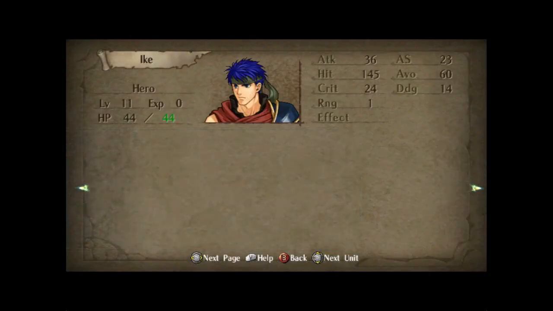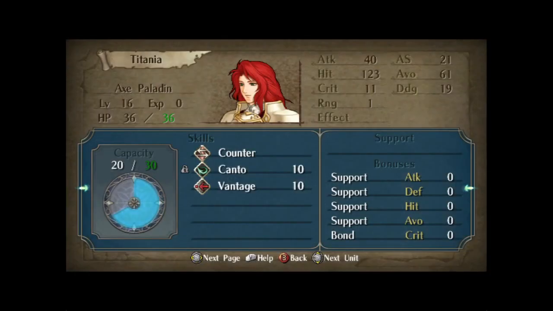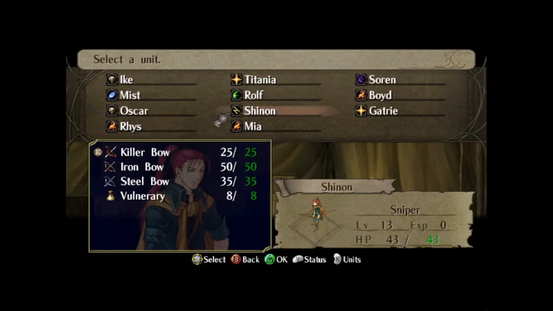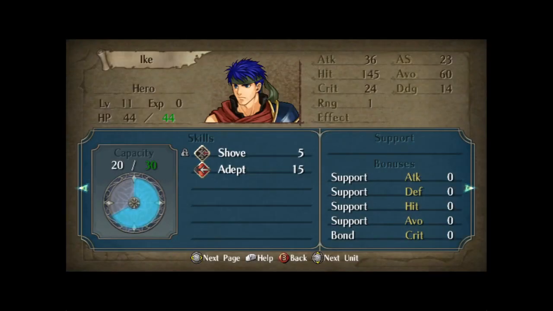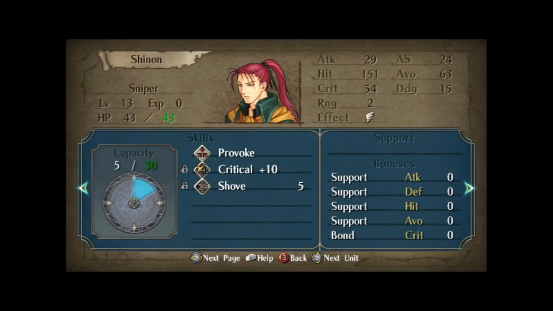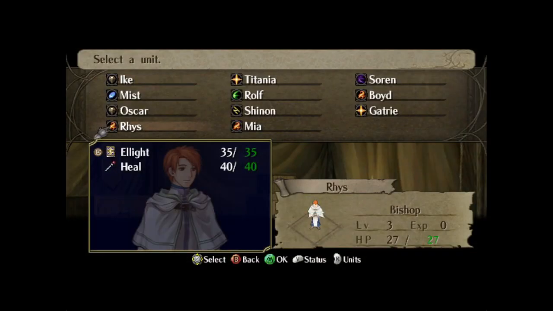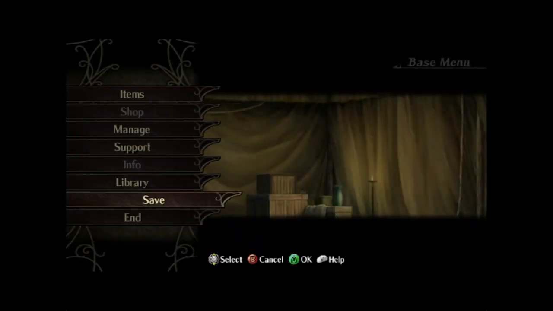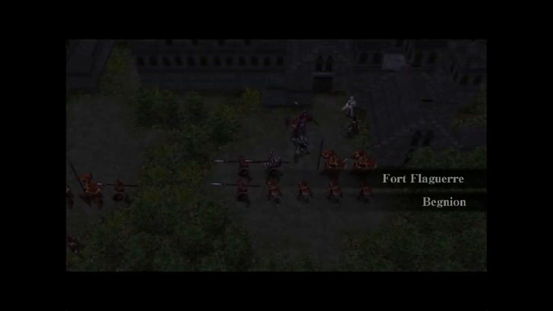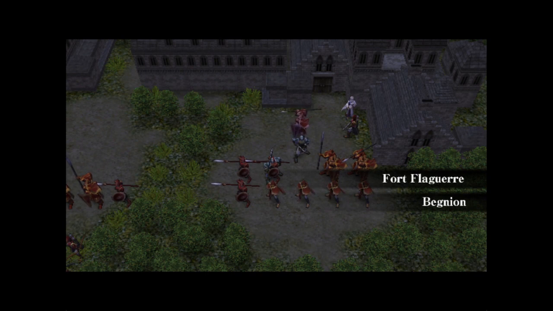I am going to be moving out with the Grail Mercenaries fully set up and outfitted, ready for the fight. I gave Ike the Adept from Soren and Titania the Vantage from Mia, and everybody else has kept his skills. So it's pretty much Miracle on Mist and Provoke on Shinon. Everybody else doesn't have any skills to speak of. But with that being said, it is time to move out and get this part 3 started at Fort Flagear,